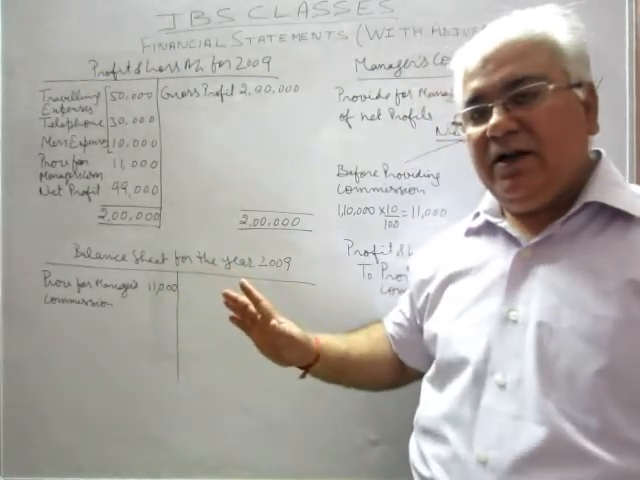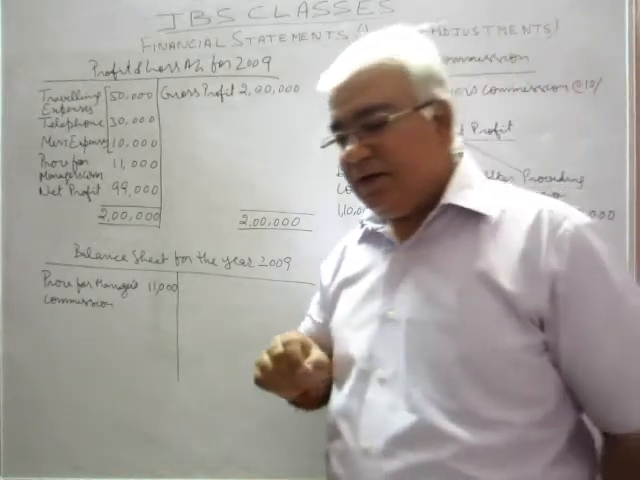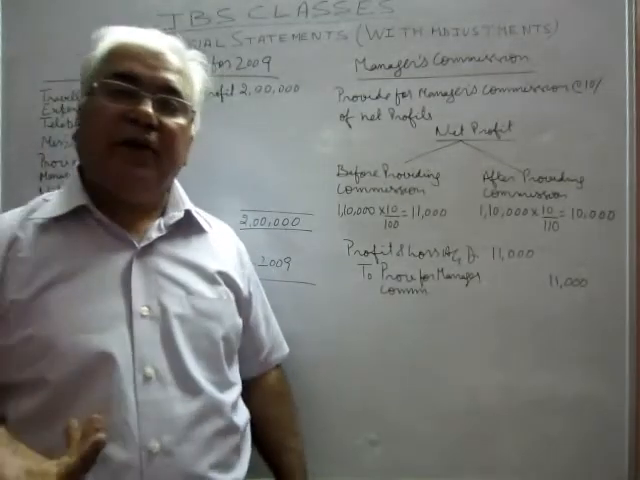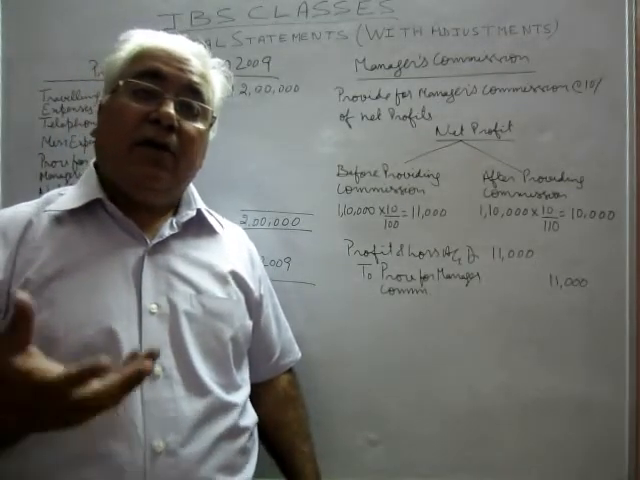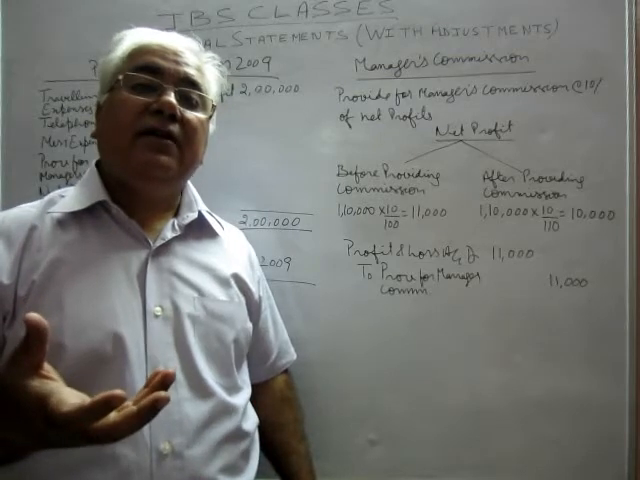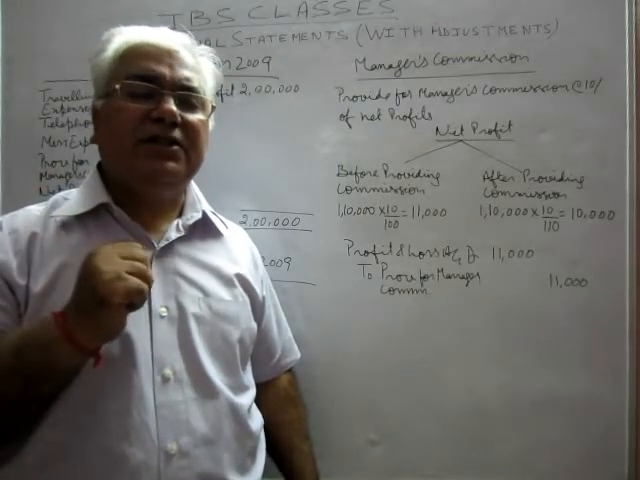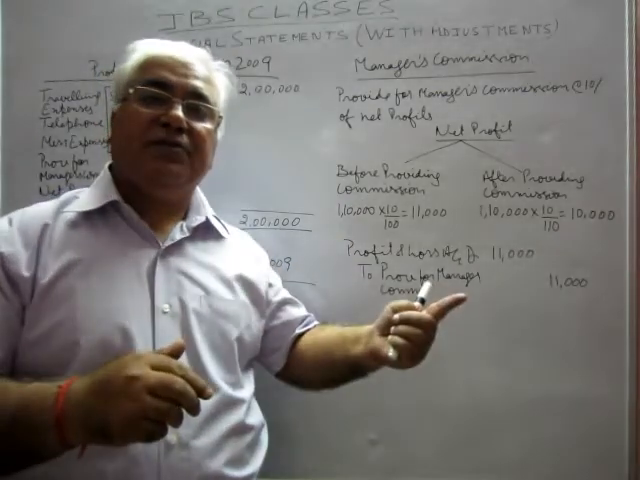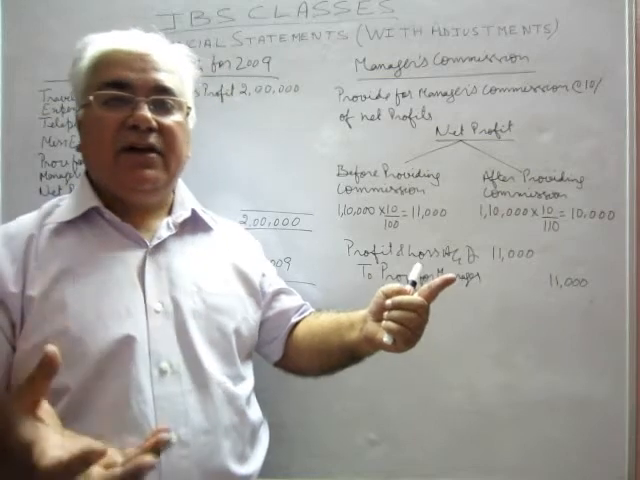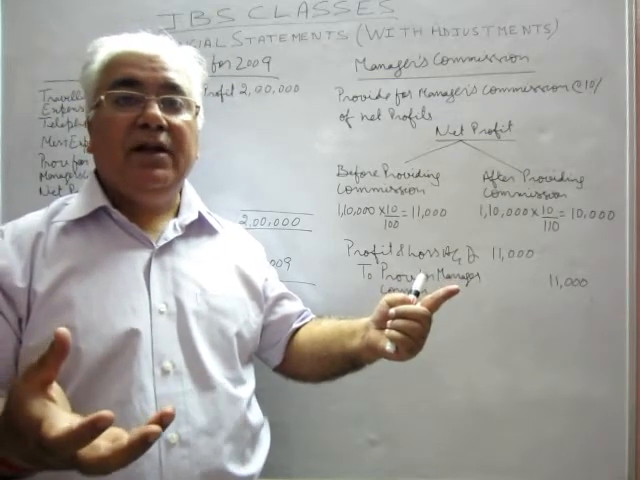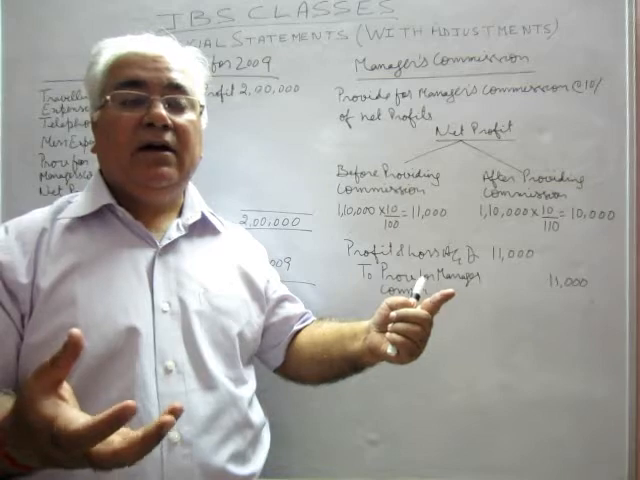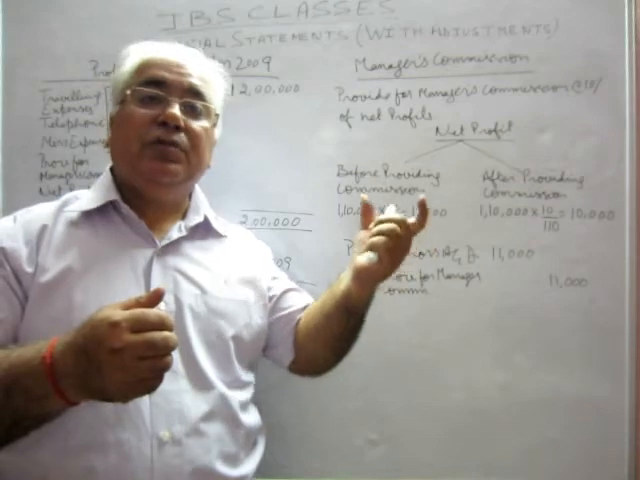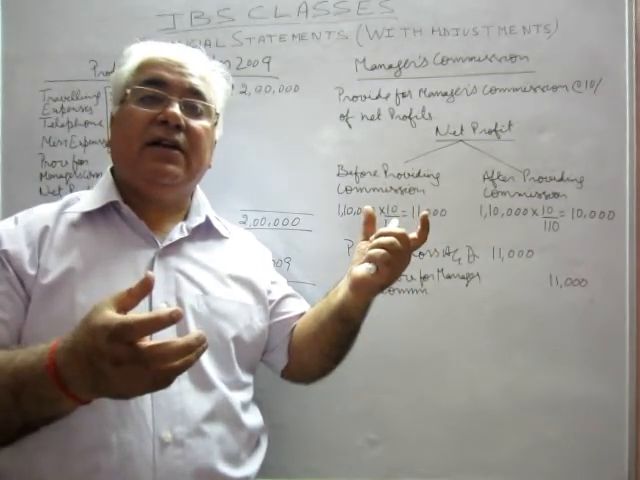I hope it is quite clear. Now we will deal with the other aspect, that is, if they say that you have to provide for manager's commission on net profits which are left after making provision for manager's commission. This simply means that after providing for manager's commission, the profit left should be basically, or you can put it in other words, that the commission given to manager should be